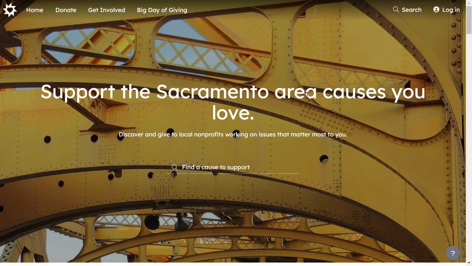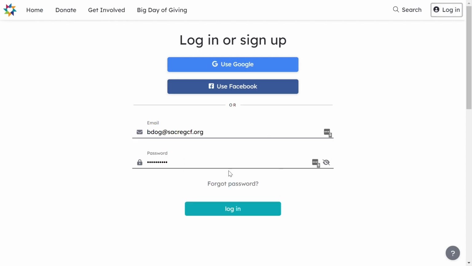GivingEdge account. So when you go to bigdayofgiving.org or givingedge.org, you will come to this home screen. So to log into your account, you're going to go to Login in the top right-hand corner and put in